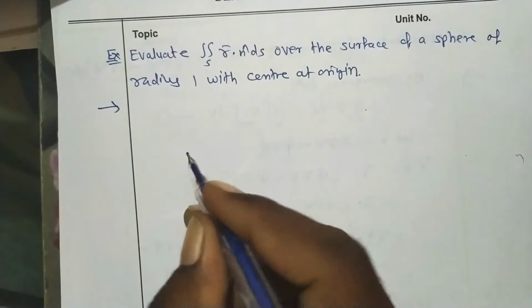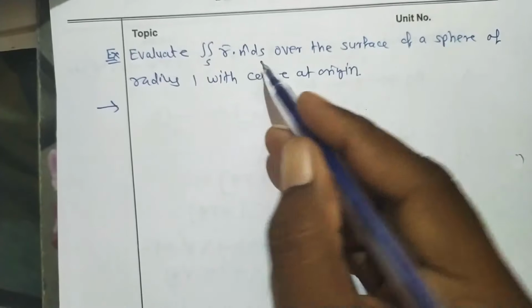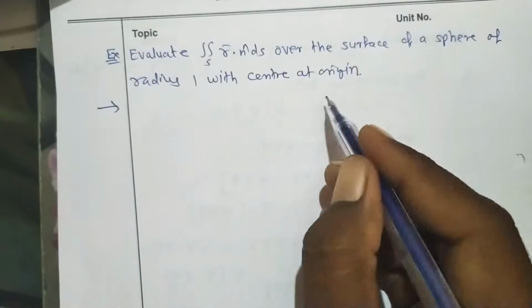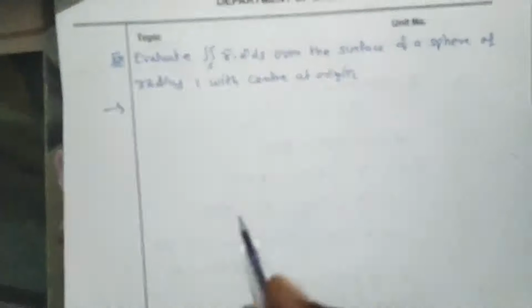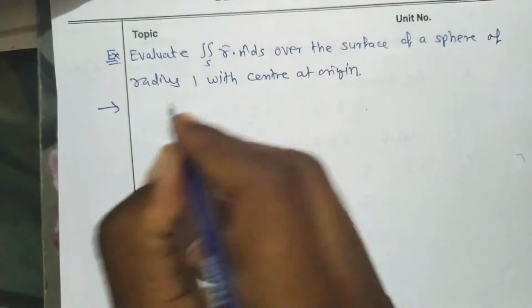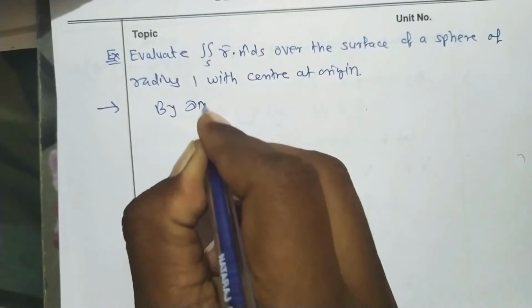So the second problem is, evaluate the double integral over s of r bar dot n cap into ds over the surface of a sphere of radius 1 with center at origin. This problem is the same as the last problem, because here we have to evaluate the double integral over s of r bar dot n cap, and again we know by divergence theorem,